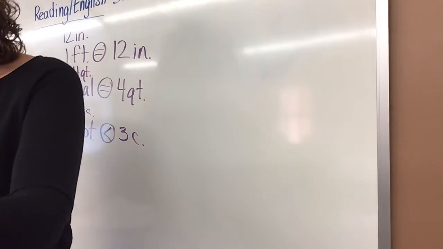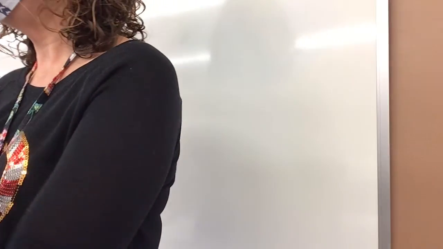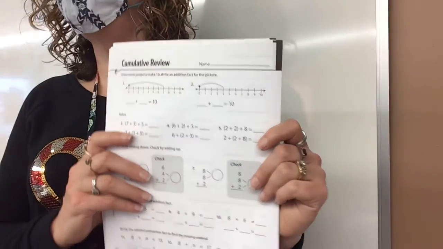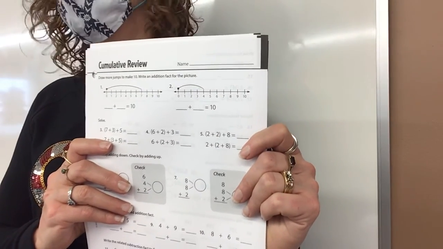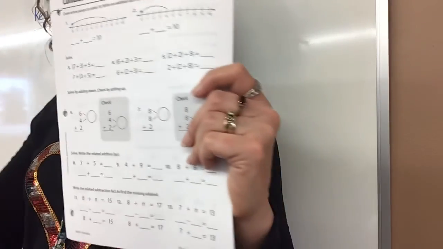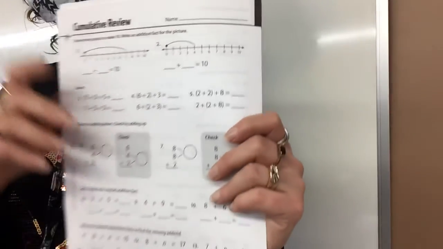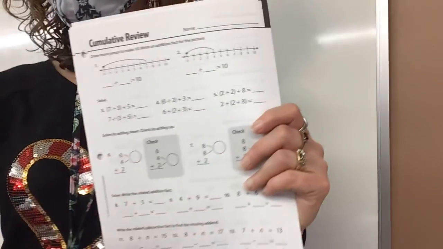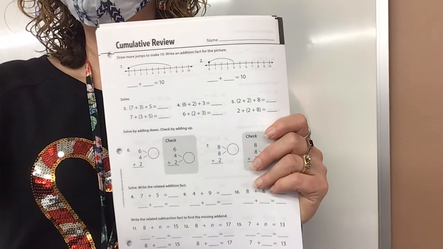So what you're going to do today is you're going to do the cumulative reviews page. It is reviews page 153, 154. It's the one we normally do after the test. But we won't be doing this one after the test. We'll be doing a different paper after the test. Actually, you won't do it after the test. You'll do it in homework. But usually I do let you work on it after the test. All right, you may go ahead and